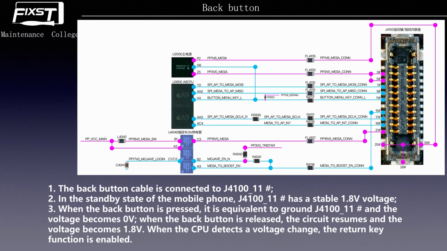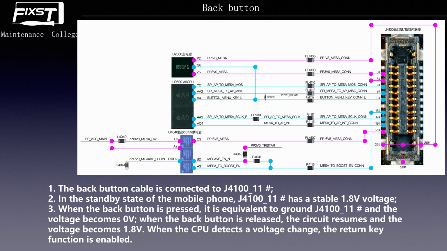Now we're talking about the back button. The back key's principle is the same as other buttons. After the phone is powered on, or is asleep on standby but not turned off, the button key has a stable 1.8 voltage. When the back button is pressed, this line is connected to GND and the voltage becomes 0. When the back key is not held, the voltage becomes 1.8 again. When the CPU detects that the voltage on this line has changed,